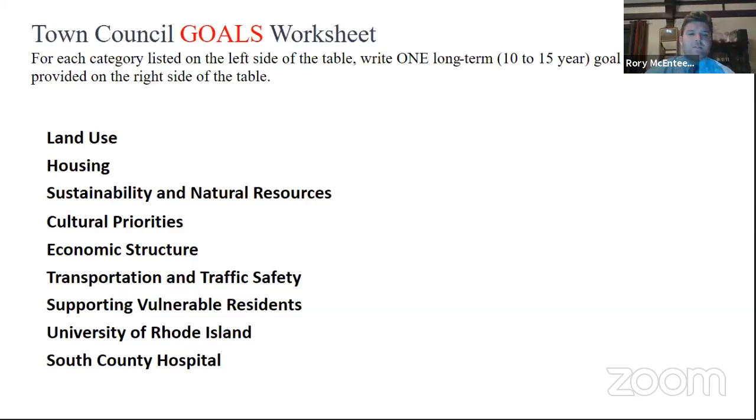Rob, going back to the zoning changes to the areas immediately surrounding URI to promote URI-based businesses, what would be the starting point there? Send that to the planning board, have them review the current zoning adjacent to the university, and start there, I guess. I think that makes sense.